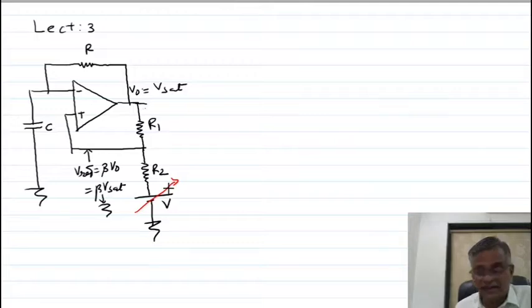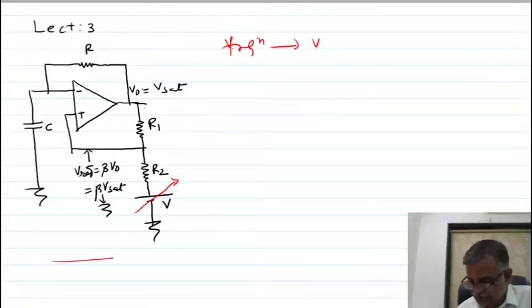then you can get another property of the circuit, in which you can vary the frequency with voltage. So frequency can be varied with the voltage. This is the circuit which is an example of voltage to frequency conversion. So in this circuit, if you change the amplitude of this DC battery, the frequency of the output is changed. So this circuit is an example of a voltage to frequency conversion.